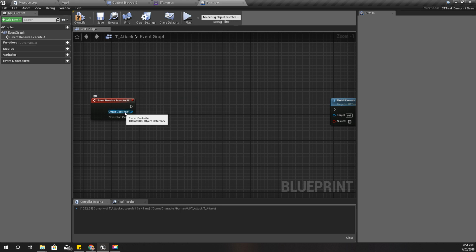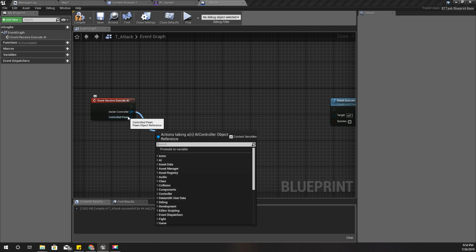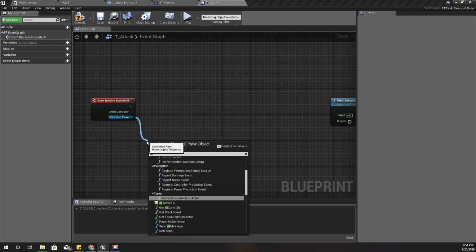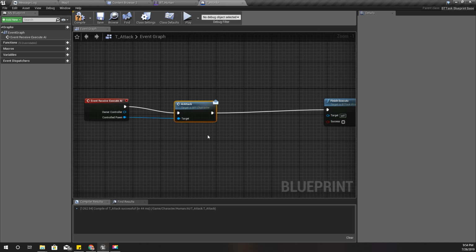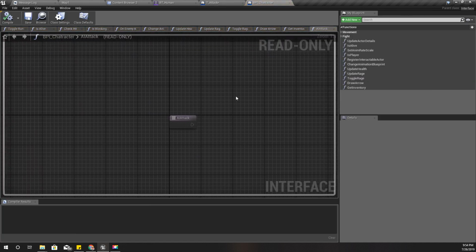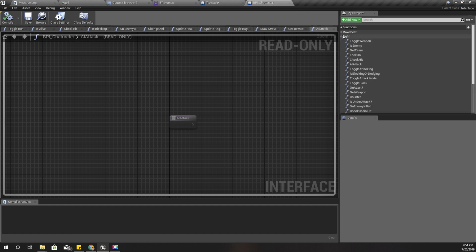So here I'll get the controlled pawn and call AI attack. I have already implemented this AI attack function through this BPI character interface under the fight,